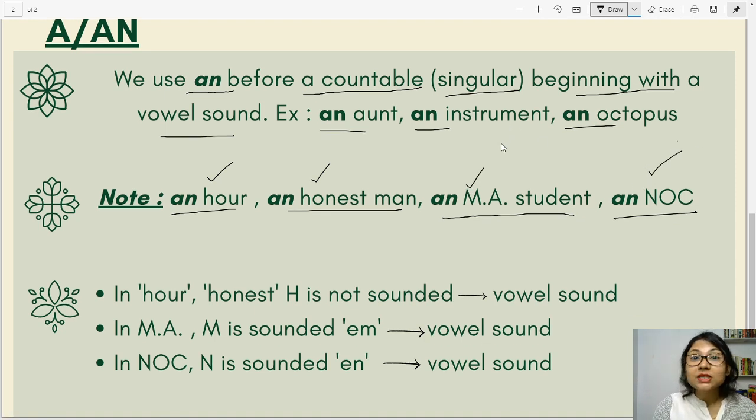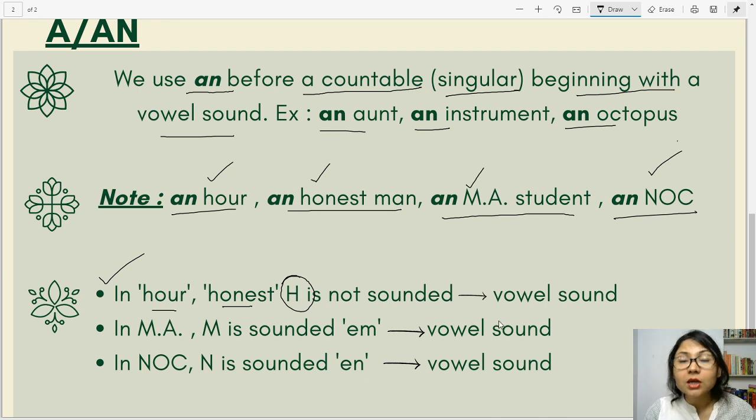So, what is the explanation? In honest, H is not sounded. What is sounded is the vowel sound. We don't say hour with an H, we say our. Similarly, in MA, M is sounded as em. Vowel sound. How? E-M. That is the vowel sound.